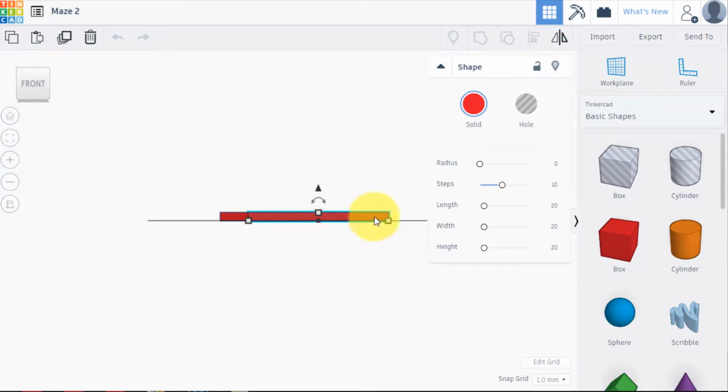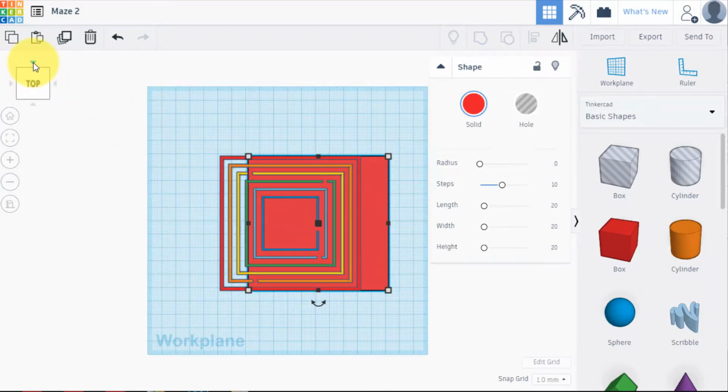Now you can see that this base that we're trying to create for this maze is the same height as the walls, and we need to adjust that. So I'm going to adjust that now to 1.5 millimeters and then press enter. And now of course it's lower, so it's not going to be as high as those walls. And if I go back to the top view again, you'll see that you can now see quite clearly the other walls. What we need to do now is move it back into position, and I've moved it over now 20,